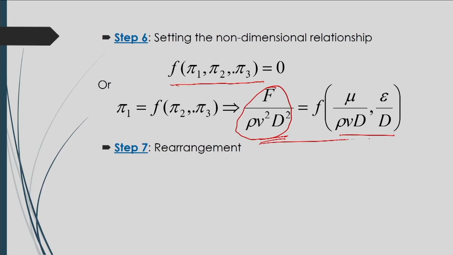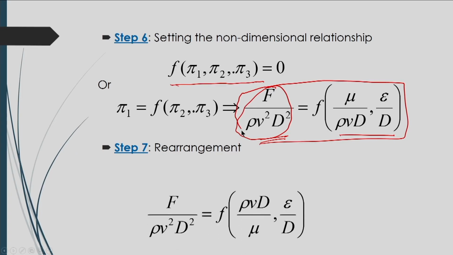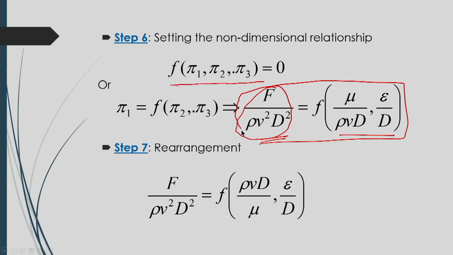So, in this way you have to make the relational equation, and then rearrange it like this. Suppose this is group 1 or pi 1, you can write pi 1 as some constant lambda into pi 2 to the power